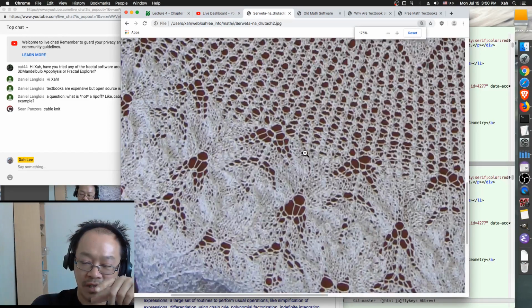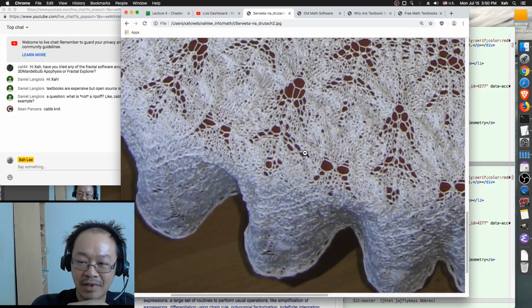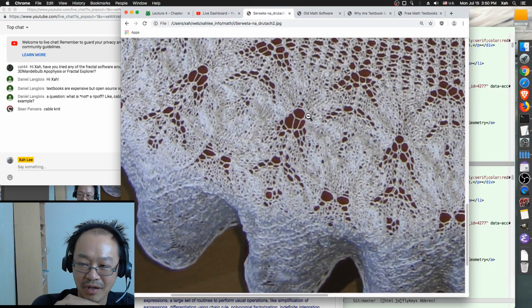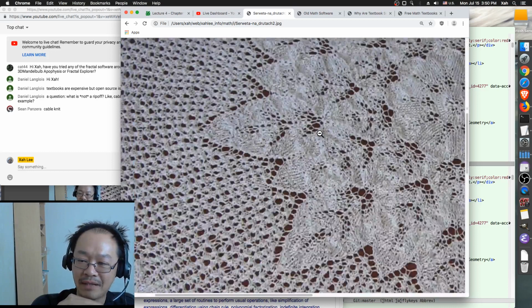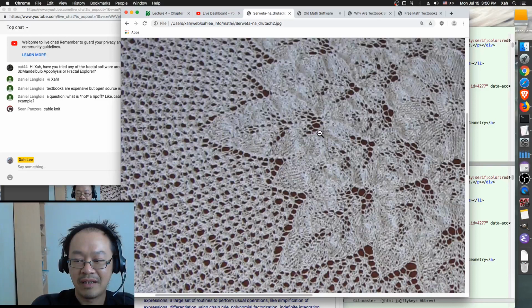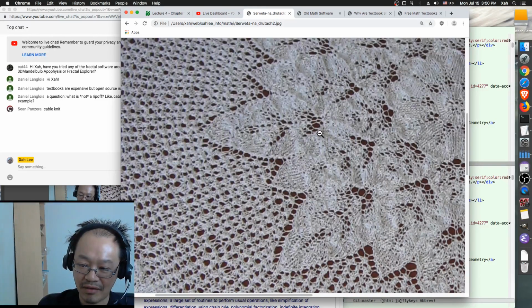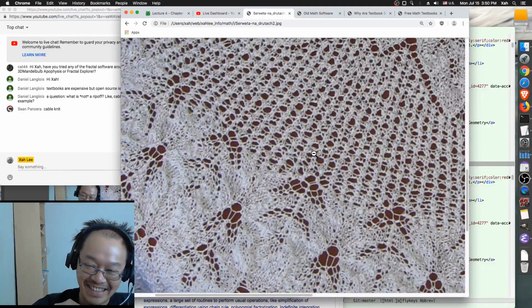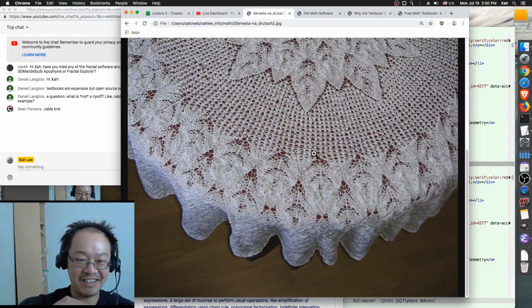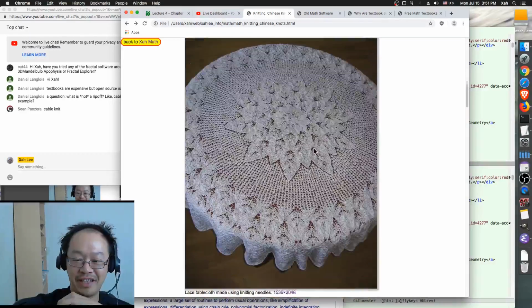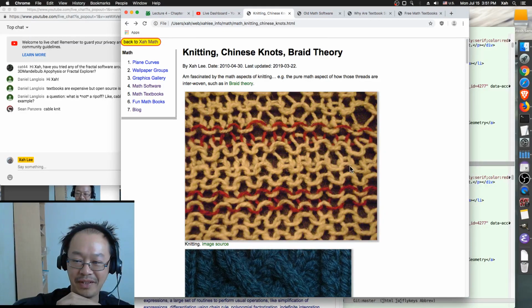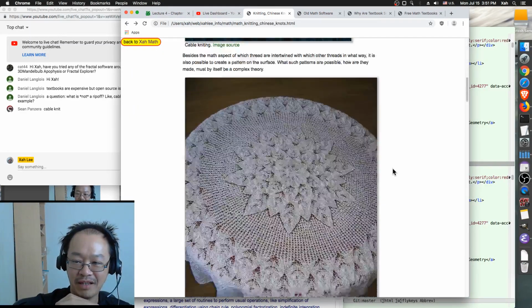And how do you call this? So, look at this tablecloth. These intricate patterns, you have to design it. You have to think about how to design it, then you have to knit it. So, it's like a human artifact. It's just amazing. So you have these kind of things. These are weaving and braid theory, and